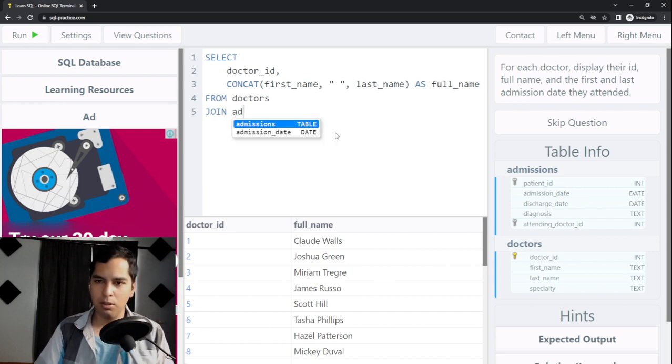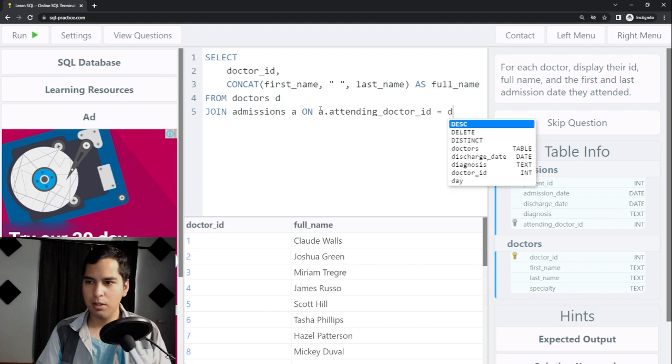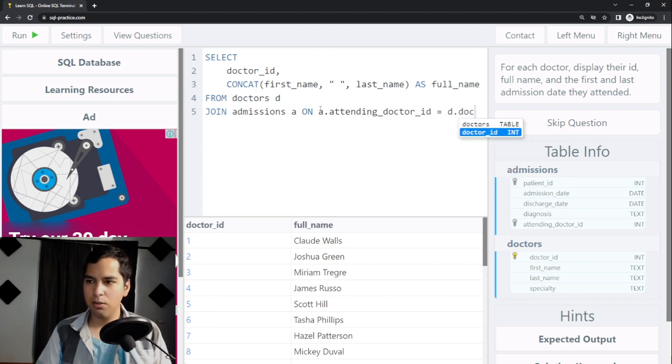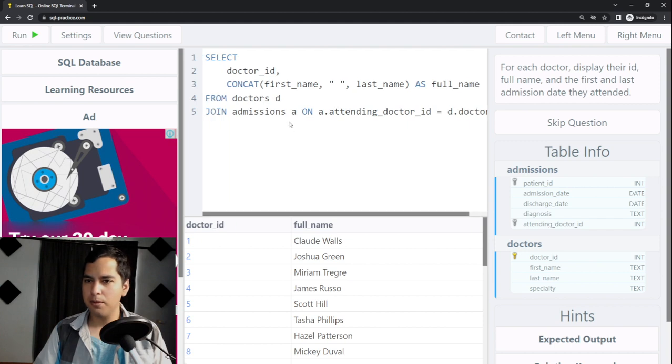So I need to join the admissions table on, and I'm going to give an alias to these two tables so that it's easier for me to refer to them later. On A dot attending doctor ID equals D dot doctor ID. Okay, so I'm doing that,